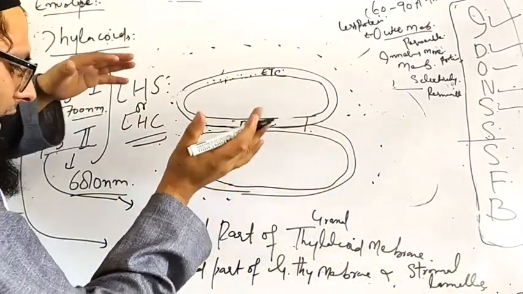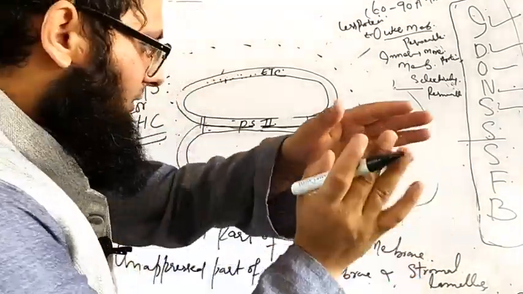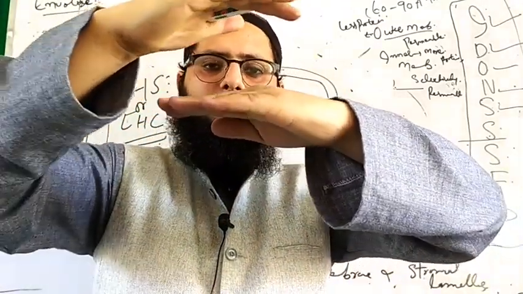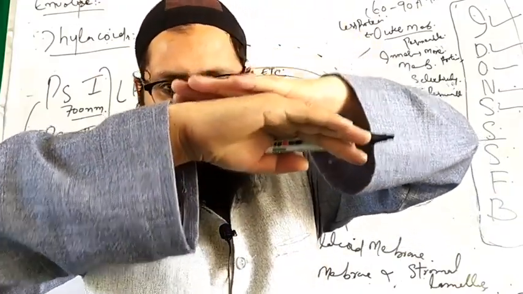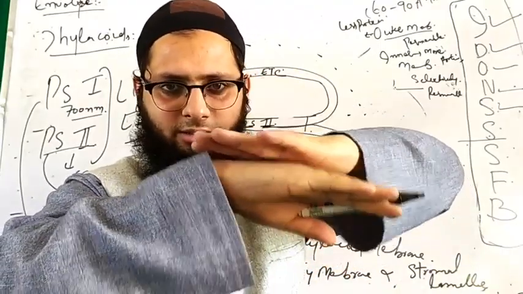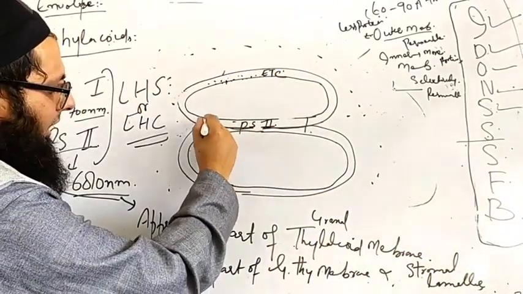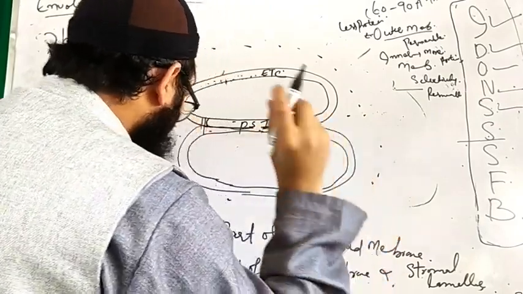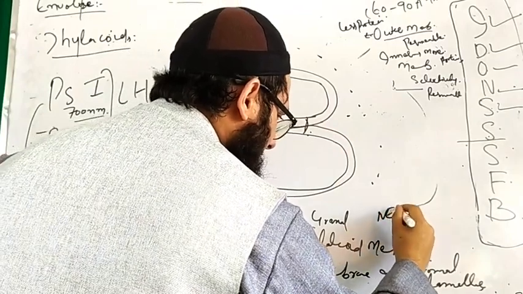So the appressed part is not in touch, not in continuity with the stroma, but it is actually one thylakoid piled upon another thylakoid. So this part is the appressed part, they are appressing one another. But they are not in touch with the stroma. Like here you see, this part is not in touch with the stroma, and here we have photosystem second, and it is noted down for your NEET examination, very important for your NEET.